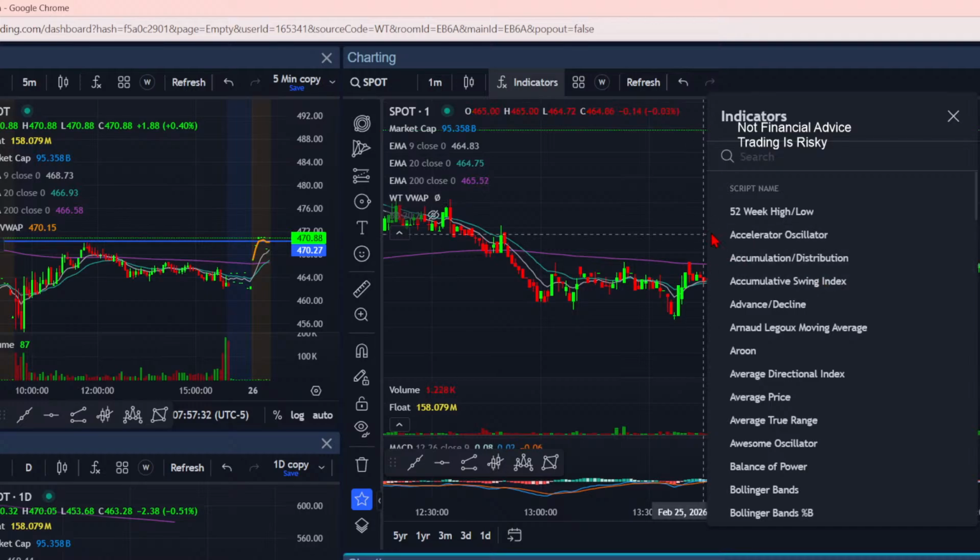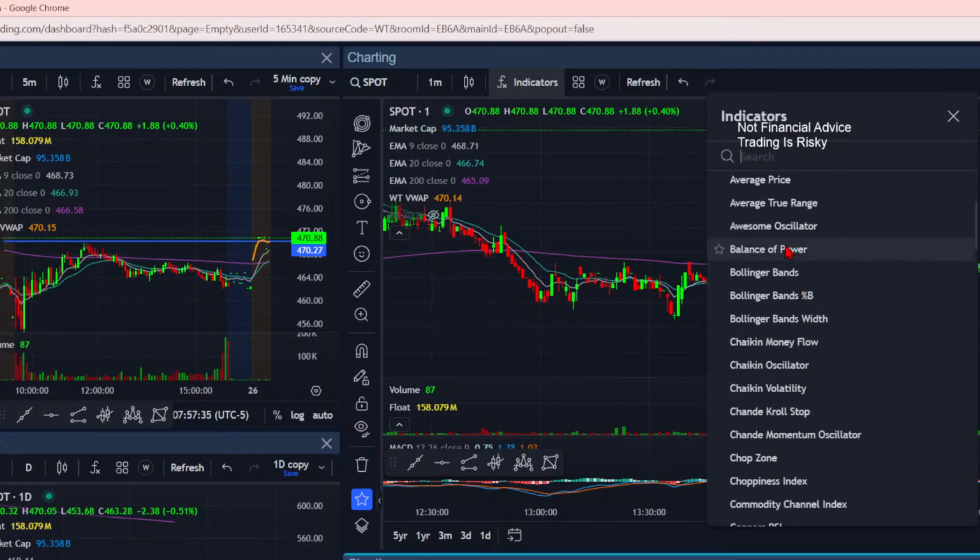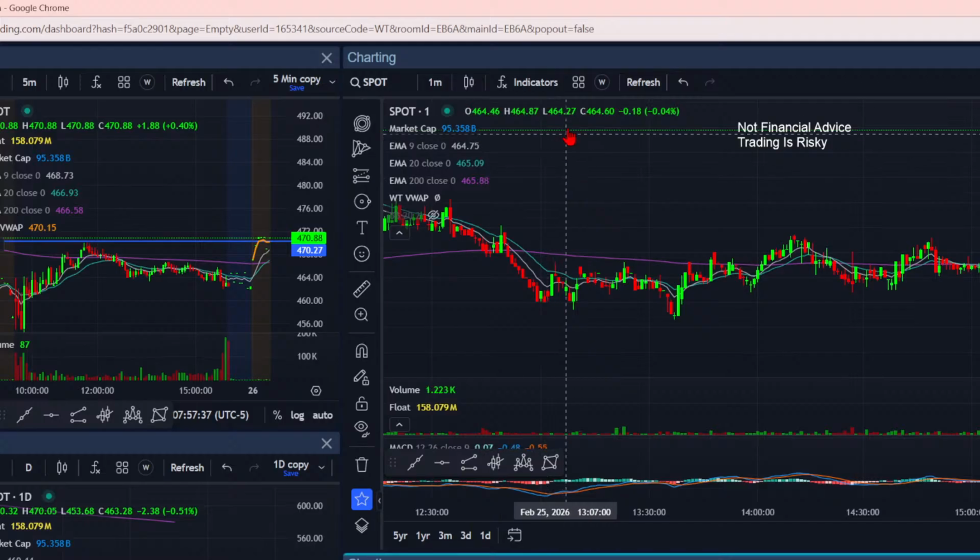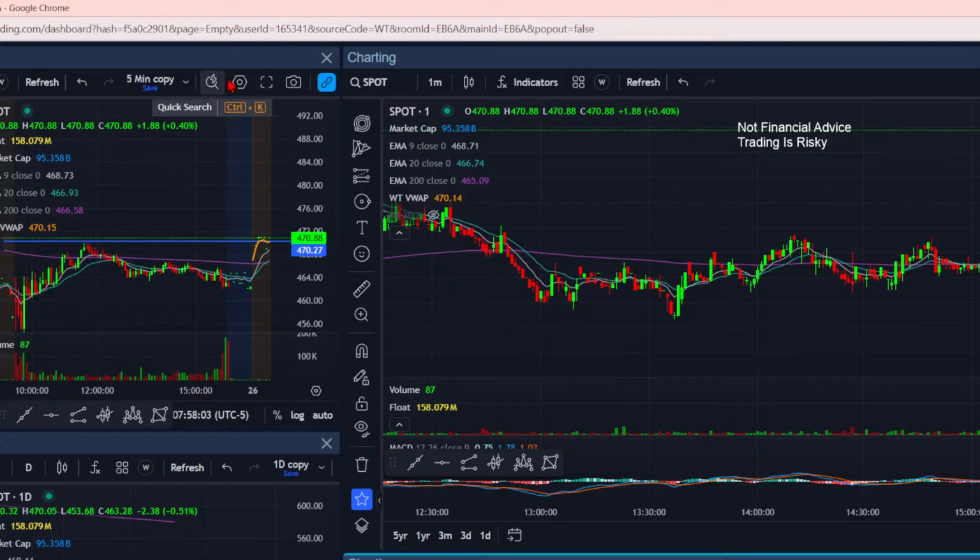And then you have your indicators right here. If you have an indicator you like, you can put it up on here. This is kind of like templates. This is a refresher chart. This is like the back arrow if you want to undo a mistake that you accidentally did. And then right here is basically the profile that I use. And then I can link these charts up. So next to it, I'll just show you right here. The magnifying, settings, full screen, snapshot, and then this is what I use to link charts so that when I